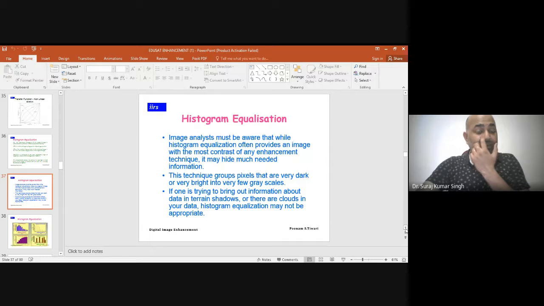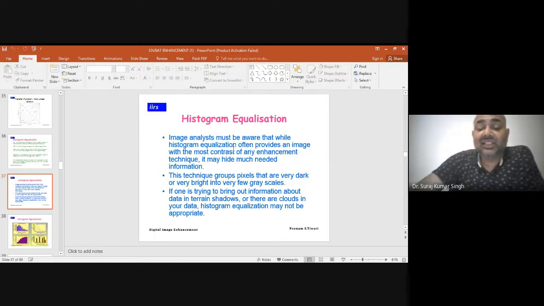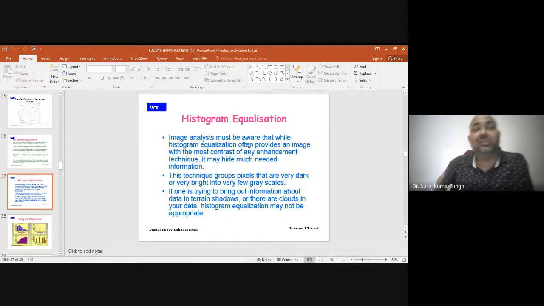We will see histogram equalization with an example. The image analyst must be aware that while histogram equalization often provides an image with the most contrast in an image enhancement, it may hide many needed information because it is not good for the features or the objects which are closer towards the darker side.